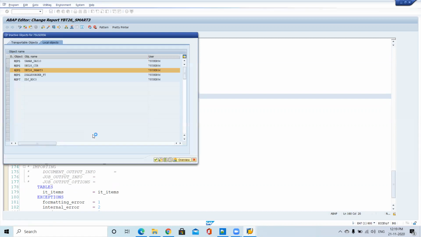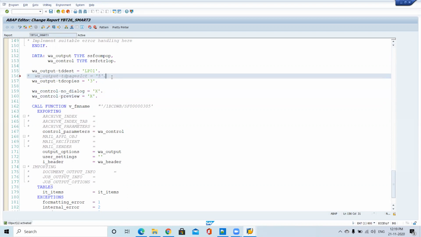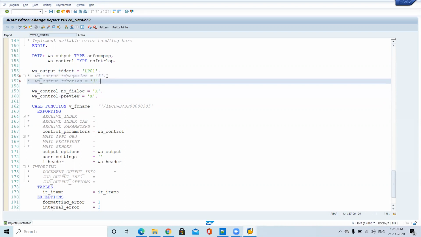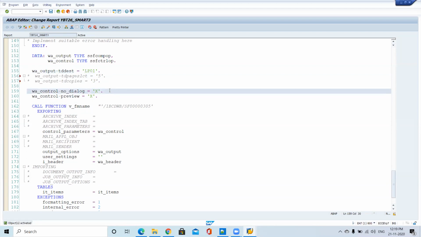First one is no dialogue equal to X. That means at the time of execution, we are getting one message, okay, it is asking about the printer, number of copies, those parameters. So now we are passing those parameters from the program. The printer name I am assigning from the program. In that case, I don't want the screen. Directly I want to see the printout. So that's why we are telling no dialogue. That dialog is a screen, no screen.